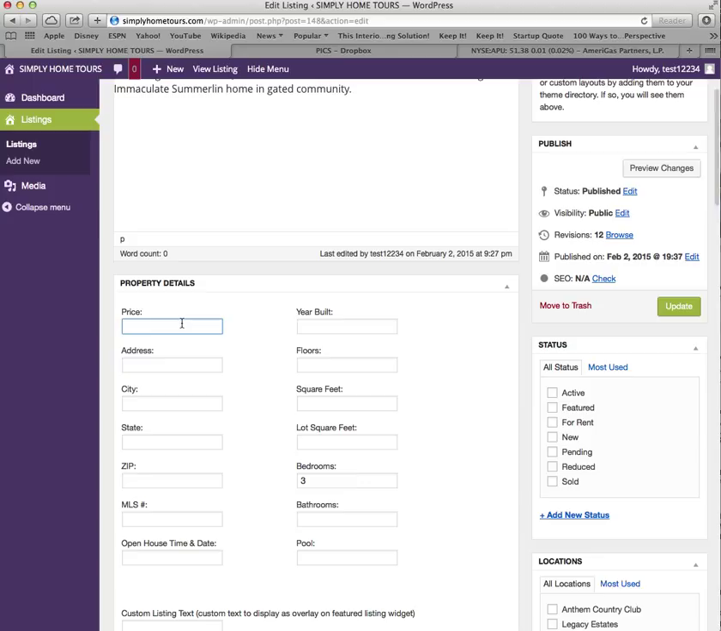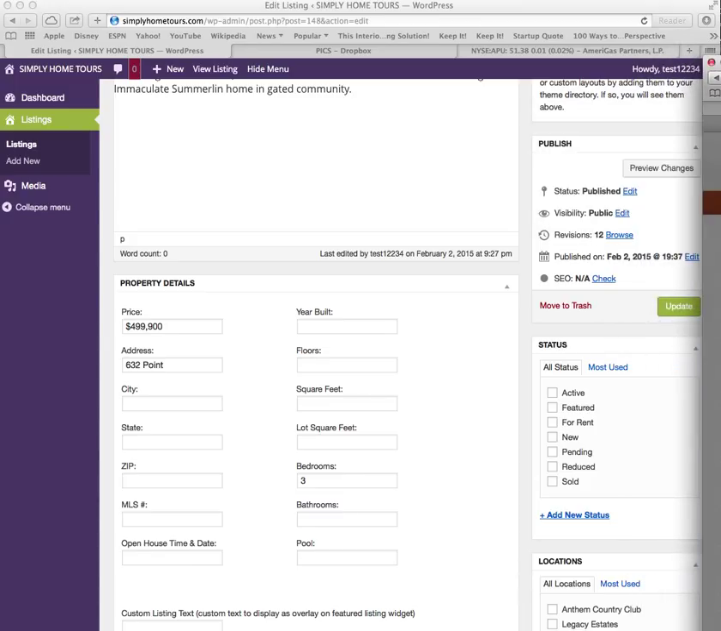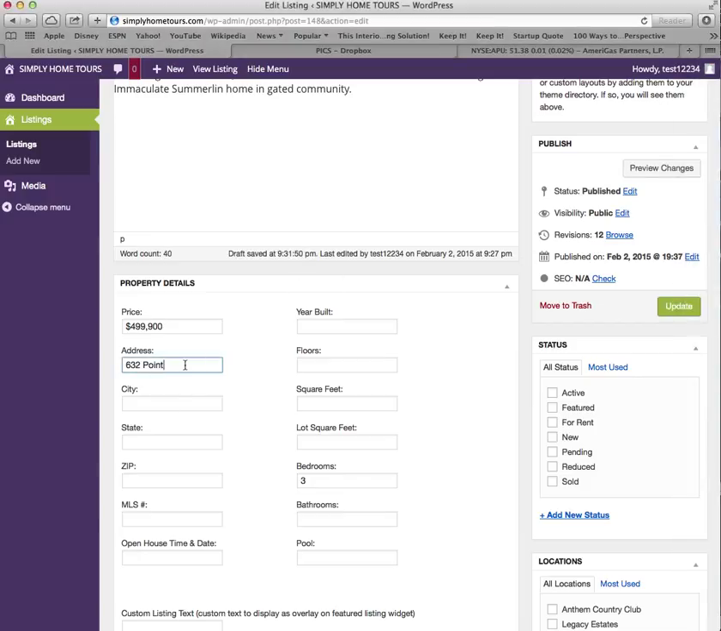So I'm going to go down here. I'm going to fill in the information for the property. This property is listed for $499,900. Make sure you use the commas and the dollar figures. I'm going to put the address in, which is 632 Point Ridge. Nice. The city on this is Las Vegas. State is Nevada. Zip 89145. The MLS number